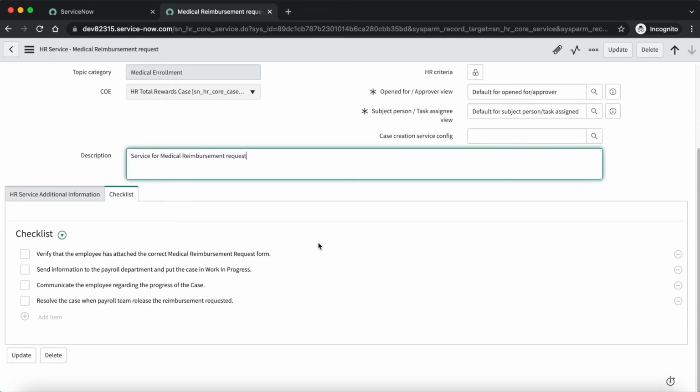Now so we have configured 4 checklists for this HR service. Now let's save it.